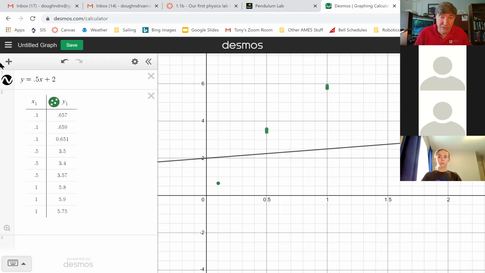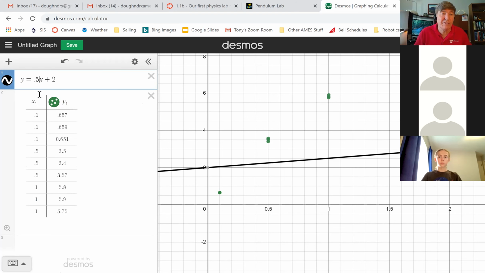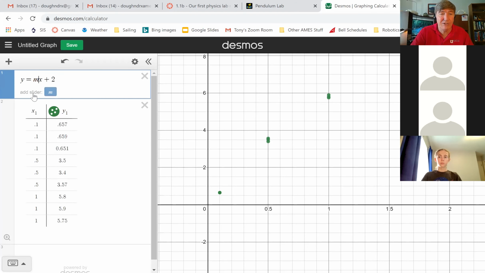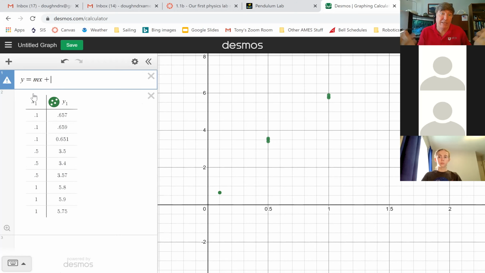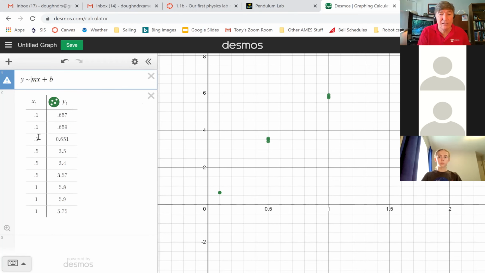I want Desmos to tell me what is the value of m. So I just type in a generic m and I type in a generic b, but Desmos doesn't know what to do with it. Here's the trick, which hopefully you guys saw from your math class, but maybe it's new for you. Instead of putting an equals sign, I'm going to put that little squiggle line that's called a tilde, and every computer has it in a slightly different place. So you got to look on your keyboard to find out where it is on your computer,